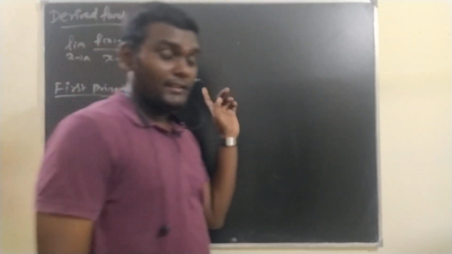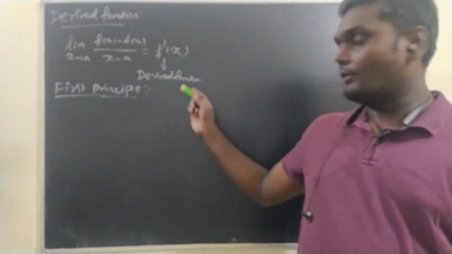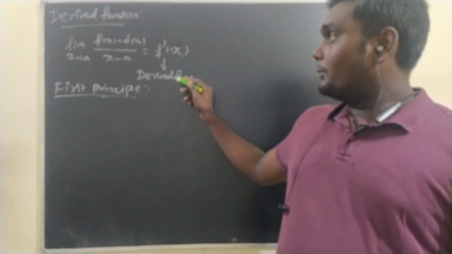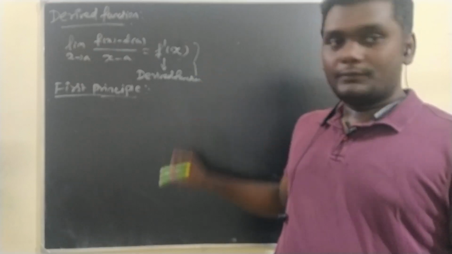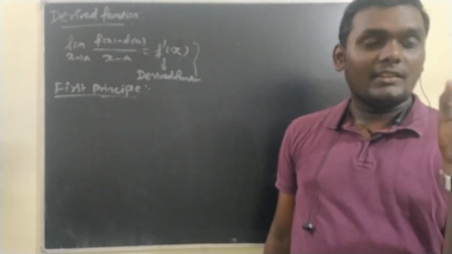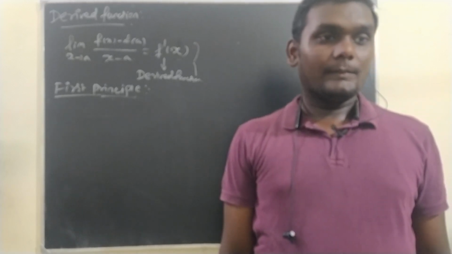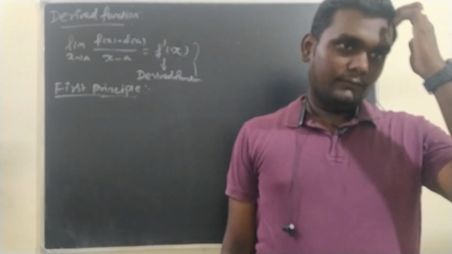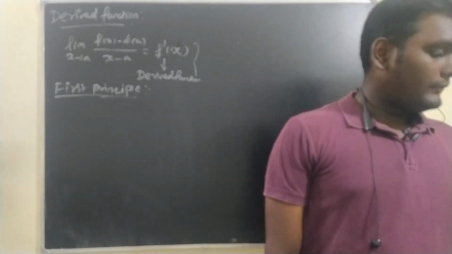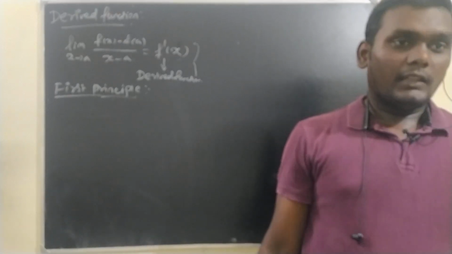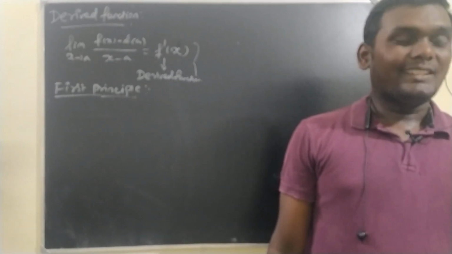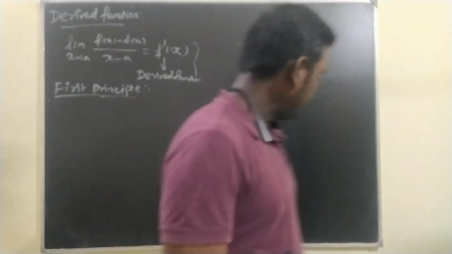See, this derived function is called the derivative, right? The process of finding the derivative is called differentiation. How do we find it? Initially, by using this method called first principle, that is